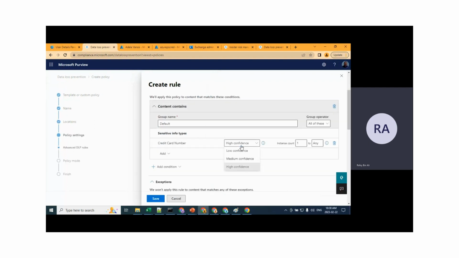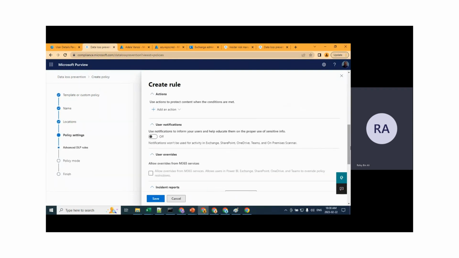And what this means is how restrictive you really want it to be. So if you choose low confidence, there's some chance that some numbers might not be catchable. You know, Visa and MasterCard actually have those 16 digits, and each digit or group of digits actually stands for something. So based on that, you would usually choose high confidence or some other depending on you. And then you can say save, and this will actually then be implemented